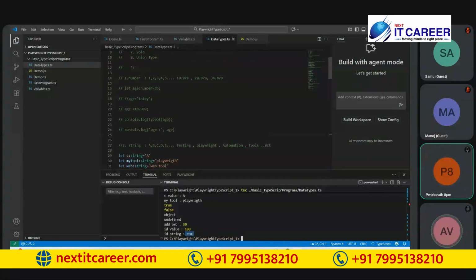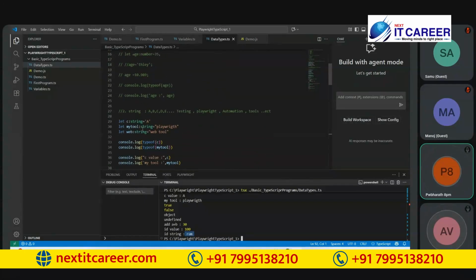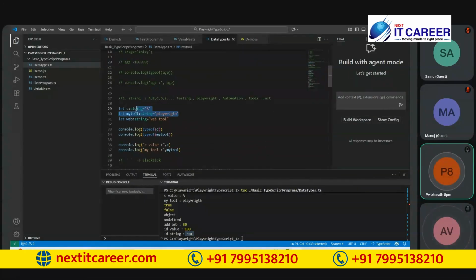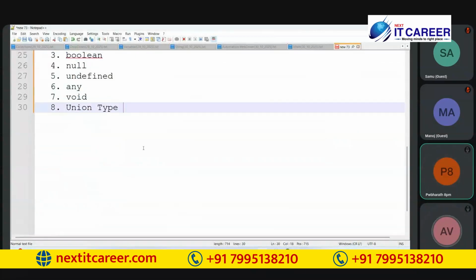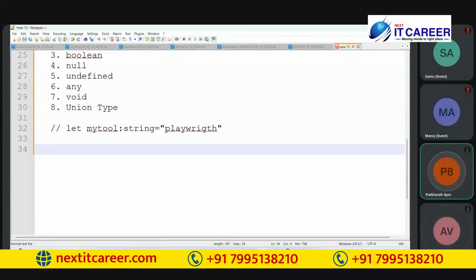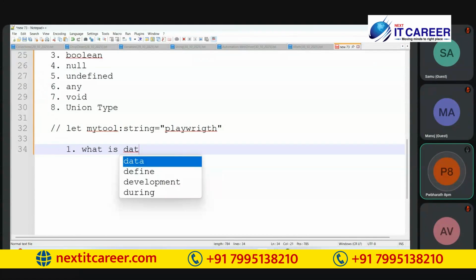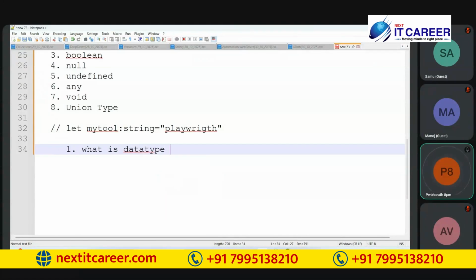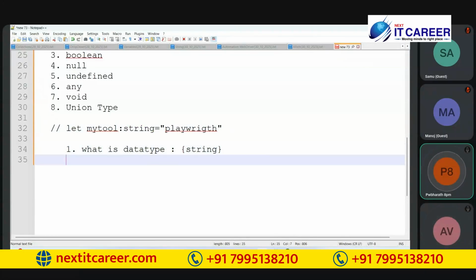When you assign the variable like this, if anyone asks what is the data type in this above variable, string is a data type. Is it clear? Yes, Bharat. String is a data type.